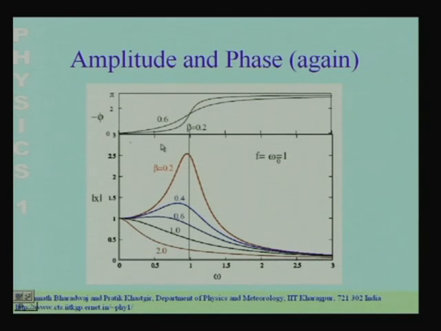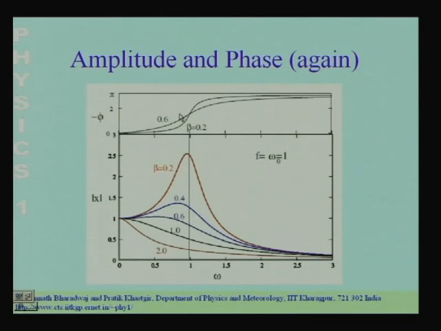So, when there is no damping, the phase is 0 here, here, here, and then suddenly it jumps to minus pi and then remains constant. When you introduce damping and you plot the function which I had shown you just a short while ago, tan inverse of all the coefficients over there, then what you find is the phase again starts from 0 at very low frequencies, but instead of having a sharp jump at the resonant frequency at omega naught equal to 1, the phase, minus phi, gradually rises.